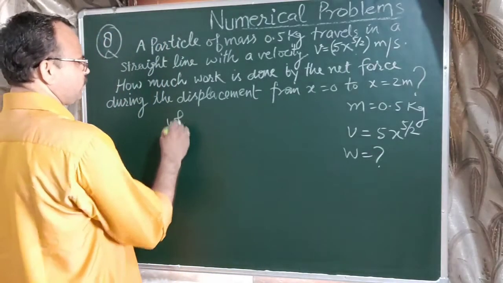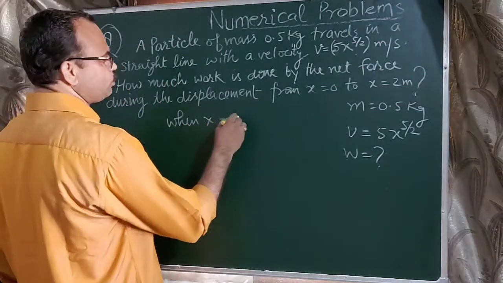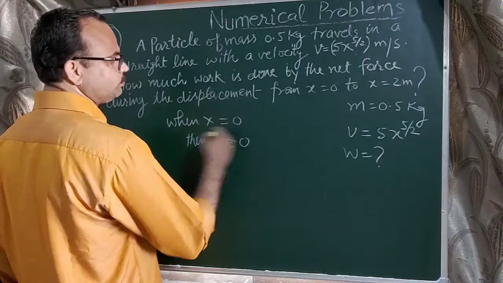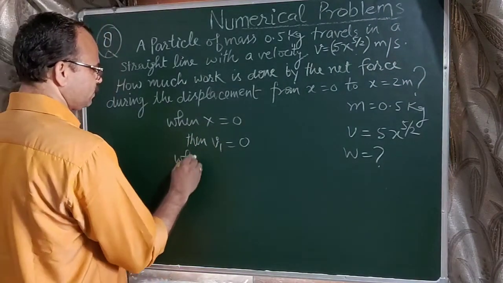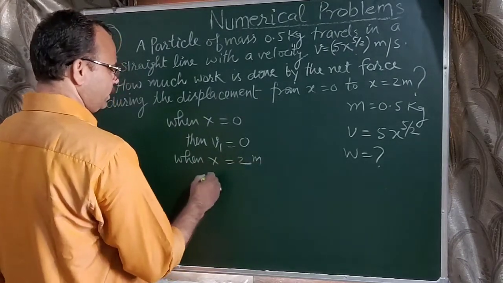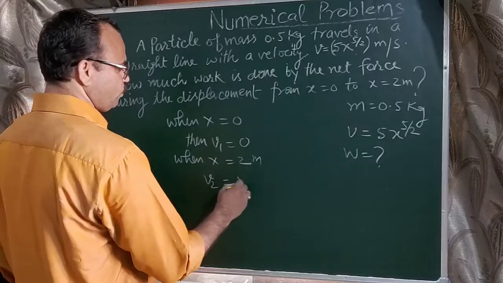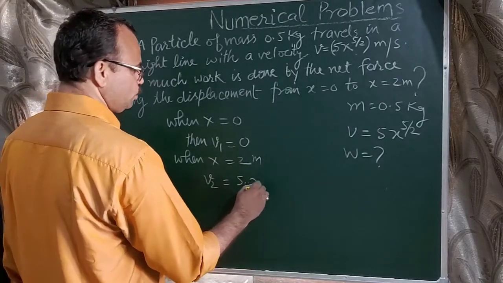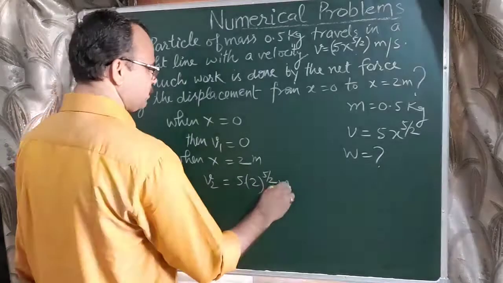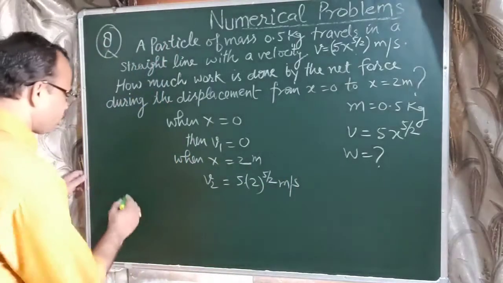When x equals 0, then v1 equals 0. When x equals 2 meter, then v2 equals 5 into 2 raised to power 5 by 2 meter per second. Then according to